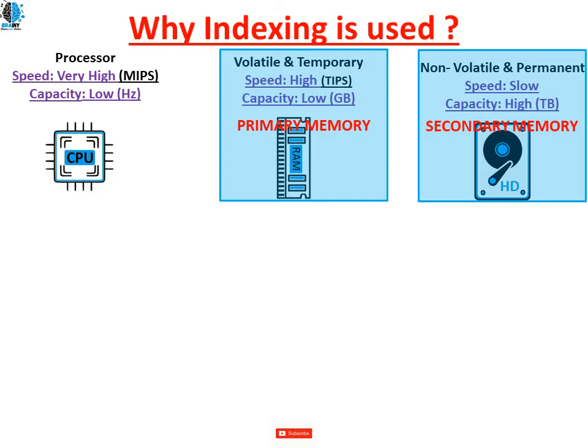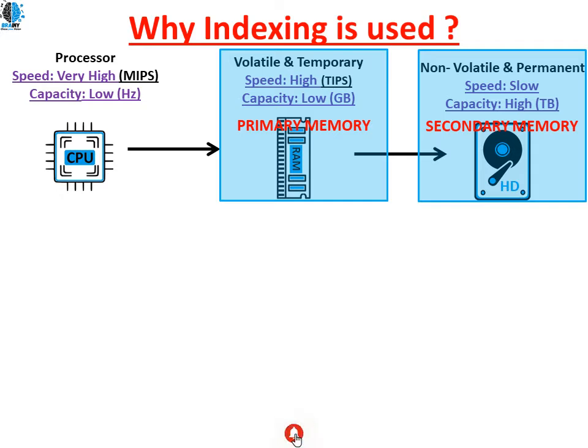Whenever the computer wants to process any query, it has an interaction like this. First the instruction goes to the processor, which looks for that particular data in RAM. RAM then asks for the data from the secondary memory. The CPU cannot communicate with the hard drive directly. The reason is